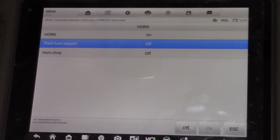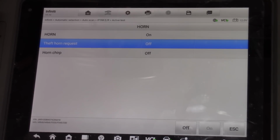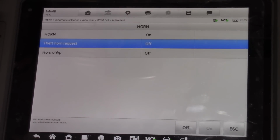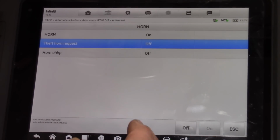So what do we know here? We know that our wiring from the BCM, or whatever this IPDM module is, we know that works. We know there's ground. We know there's wiring. The horn works. We clearly are not getting signal to it. This is going to be a problem from the relay box back. So